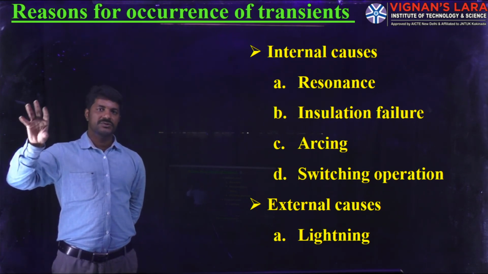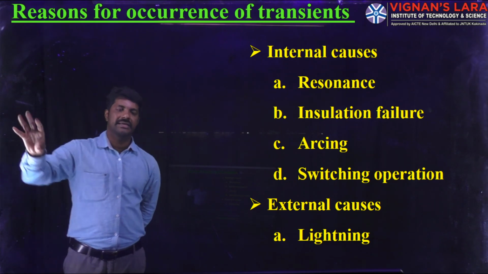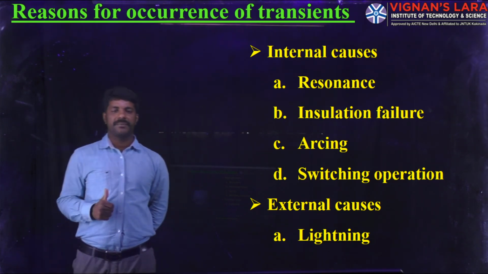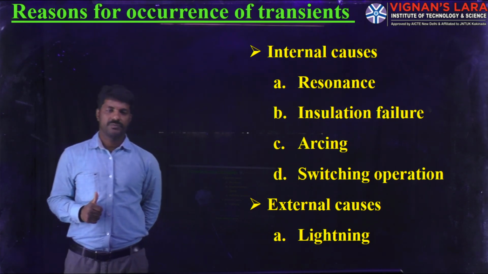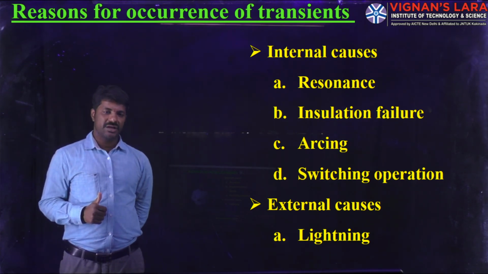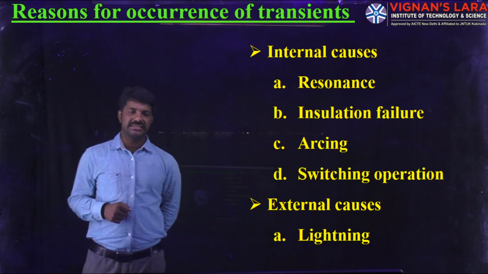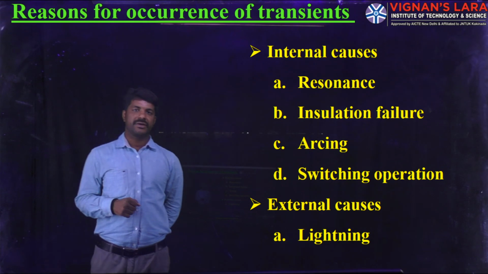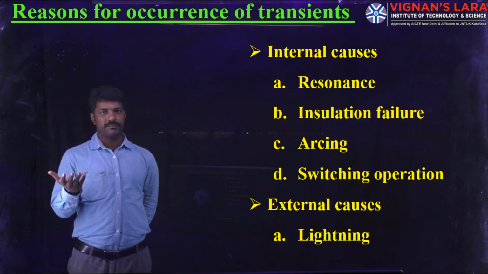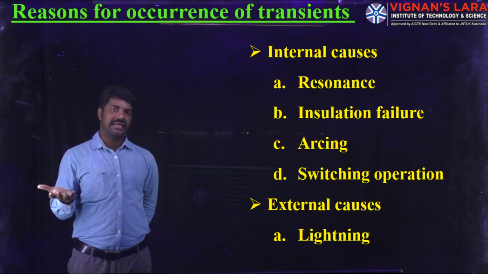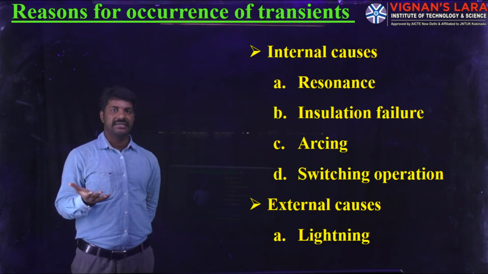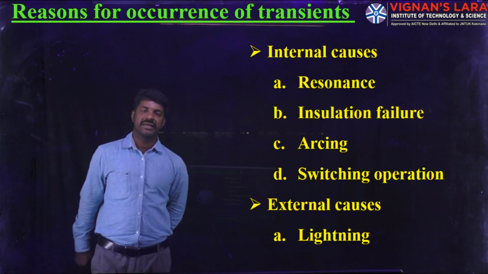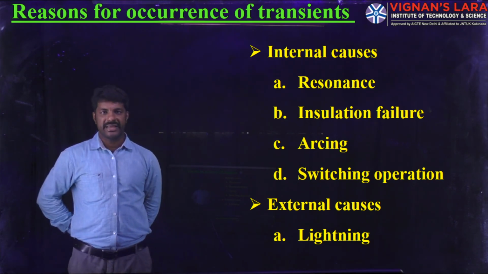So those sparking occurrences, technically we call arcing. The similar thing can be identified in the operation of the circuit breakers also. Okay. And next, the switching operations. In general, many of the loads will be connected and disconnected as per the requirement of the utility. So at that time also there may be chances of changing the voltage and current levels. Technically, the change of those levels of the voltages is defined as transients.